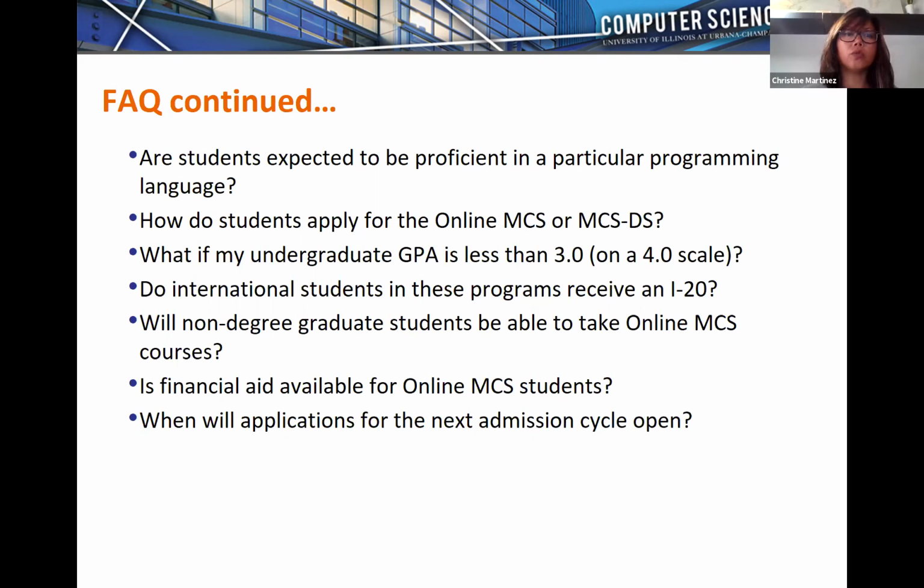Okay, next question. What if my undergraduate GPA is less than the 3.0 on a 4.0 scale? Yeah, and in fact, we require a 3.2. There are things you can do. We'll be looking at the last 2 years of your bachelor's degree. We'll be looking at your GPA for CS coursework.